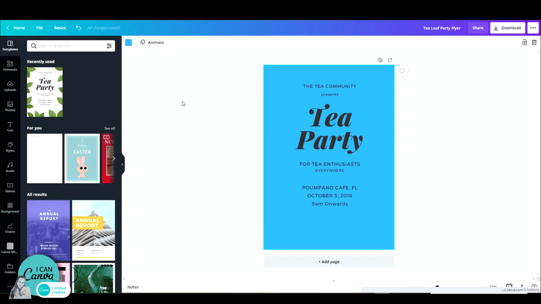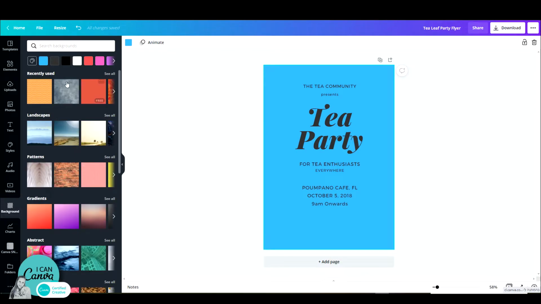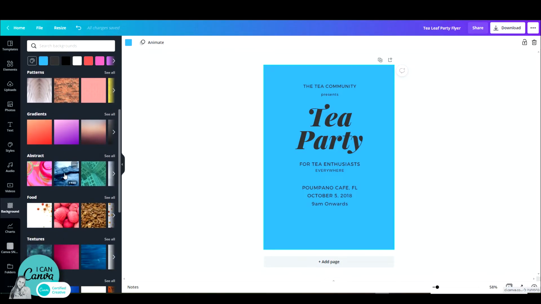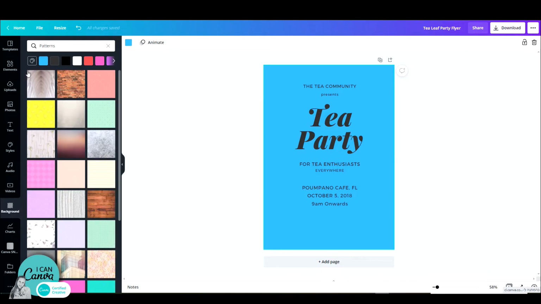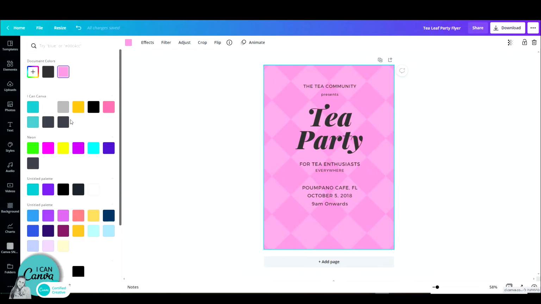Another option is to go to the left to the background tab. Once you click on that, you get these subtitles where you can find landscape, backgrounds, patterns, gradients, abstract, food, etc. You can just click on see all and see all the backgrounds that you have. The way that this works is you don't need to drag and drop anything, just click on it and it will be automatically added to your design. It already knows it's supposed to be a background. So you can play around with this and then you can edit it. You can change the color